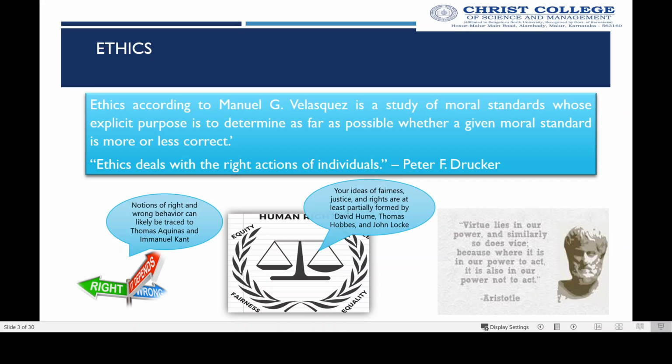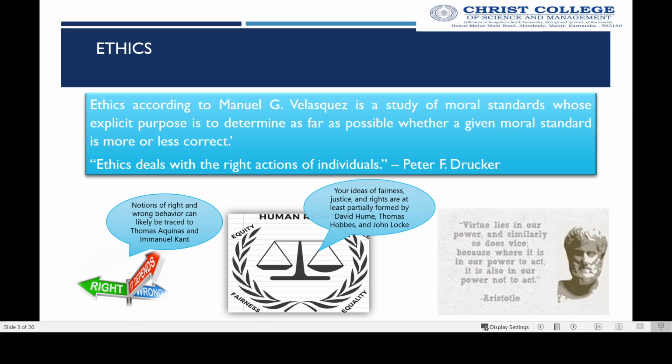So these are the words which are always associated with ethics. If you ask about a person who has good ethical values, the first things that will come to your mind are that the person should be honest, should have justice in mind, and should give equal chances to everyone. That is fairness, equality among everyone, and everyone should get their own share. That is equity. So all those ideas of fairness, justice, and whatever name comes to your mind, like integrity, rights,